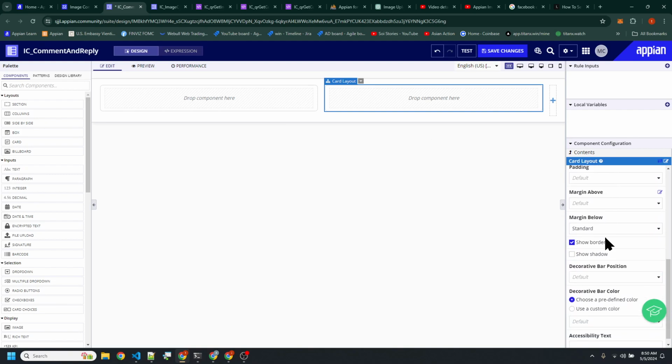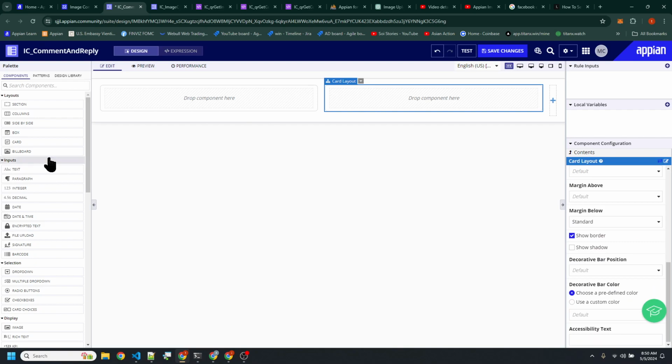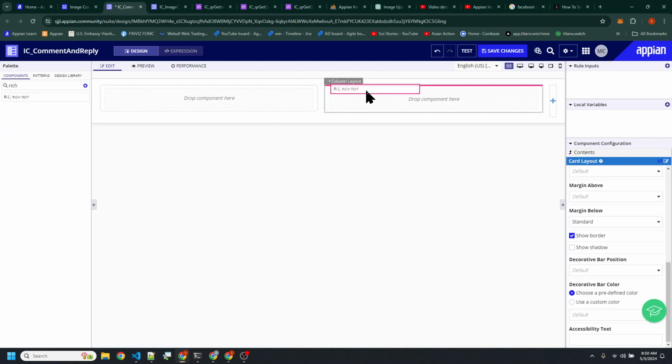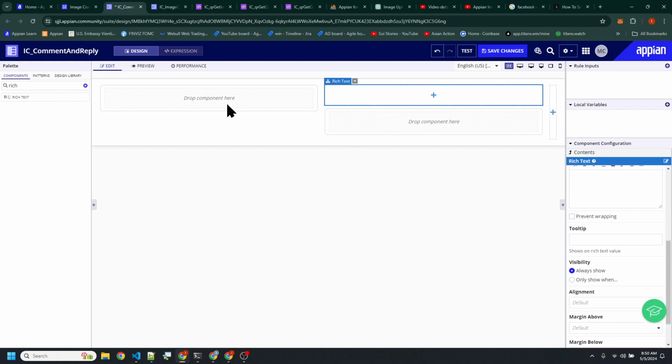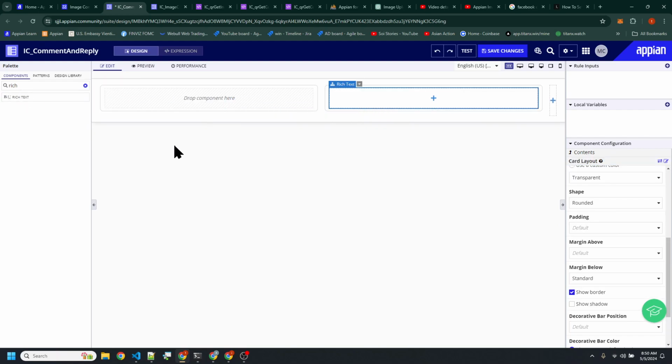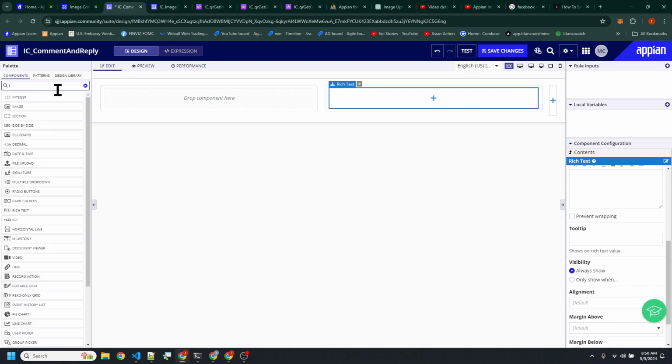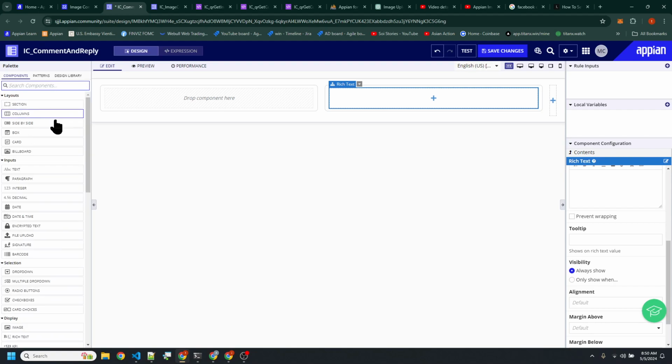And then I'm just going to throw a rich text in here, right? Oop, that's wrong. So I throw a rich text in here and maybe just throw an icon, not really an icon, but an image icon. Maybe a rich text on the right side here as well.